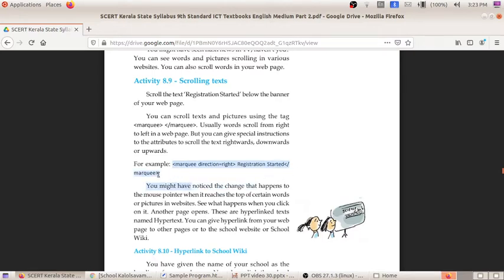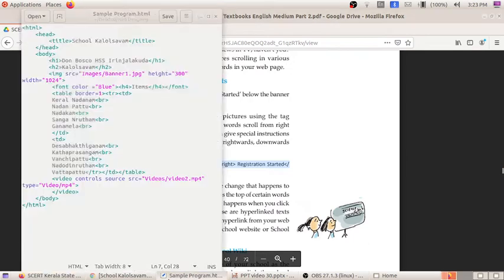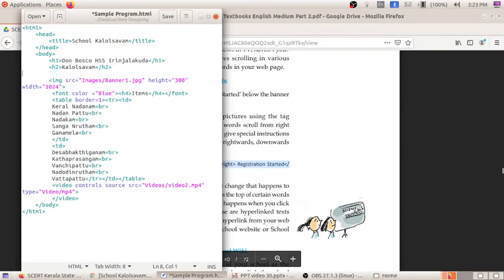The text is "Registration started". Here I am going to add this text to our web page. So under this Kalolsavam, I am going to add this text. Just enter here, and here I am going to add.